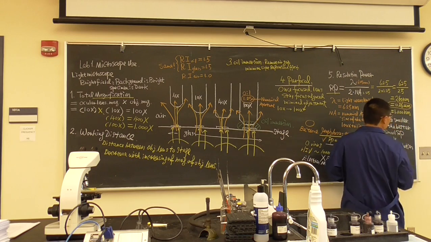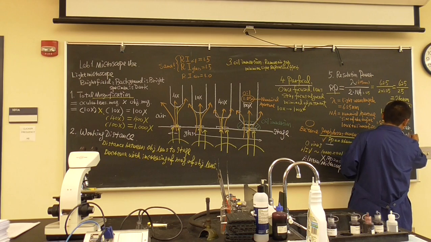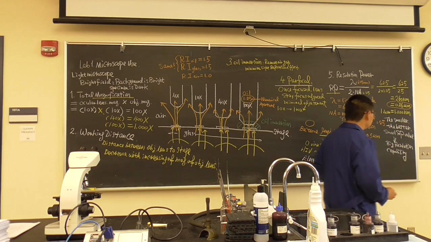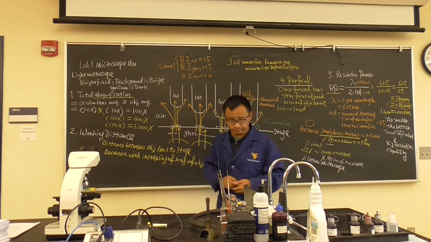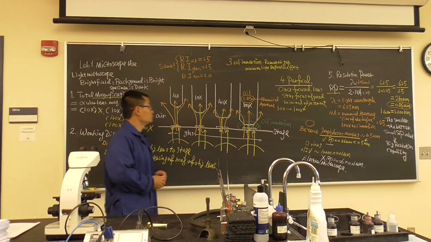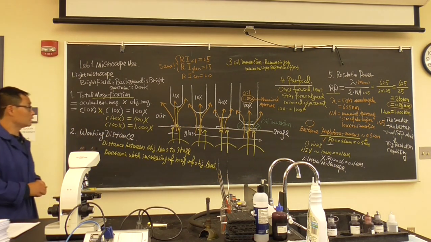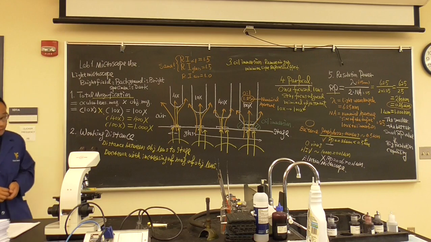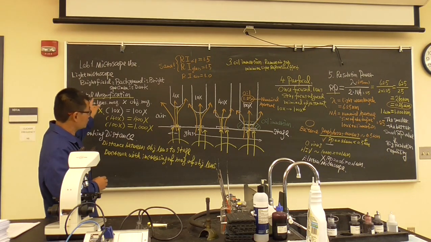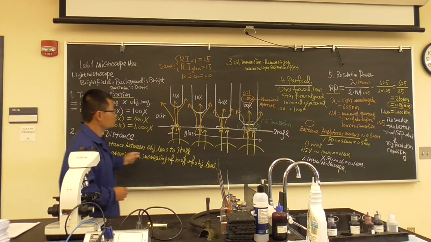I should say a small resolution power value indicates big resolution capability. Okay? So these are the terminology we want to explain to you before we use the microscope, which is total magnification, working distance, oil